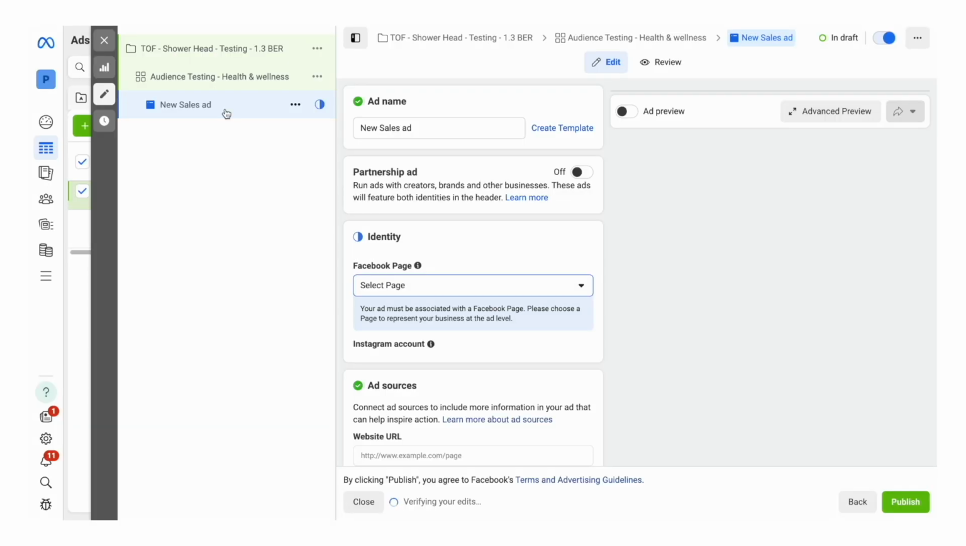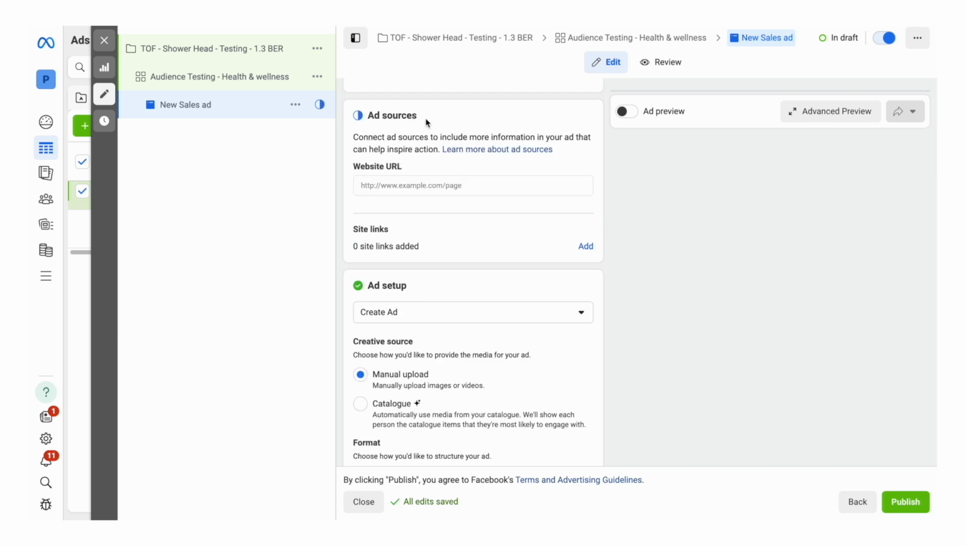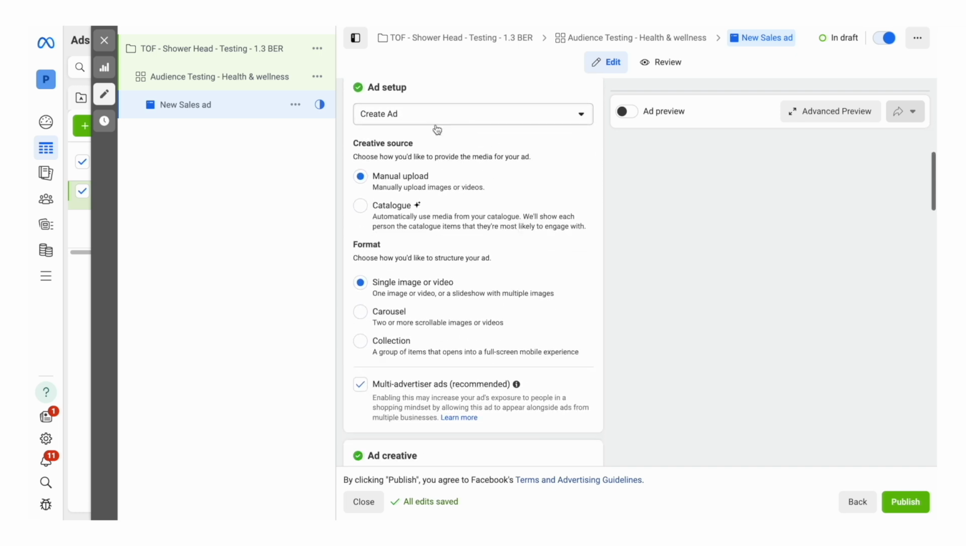This is what someone will see on their Facebook or Instagram feed. This is the creative and the copy that we've created in the previous lessons. First, you'll select your brand's Facebook page. And because you've already connected it to your Instagram account, it should load up there as well. Otherwise, just click on the drop down and select it. For ad sources, we're going to ignore that. Ad setup, you can leave as is, manual upload, single image or video, and you can leave